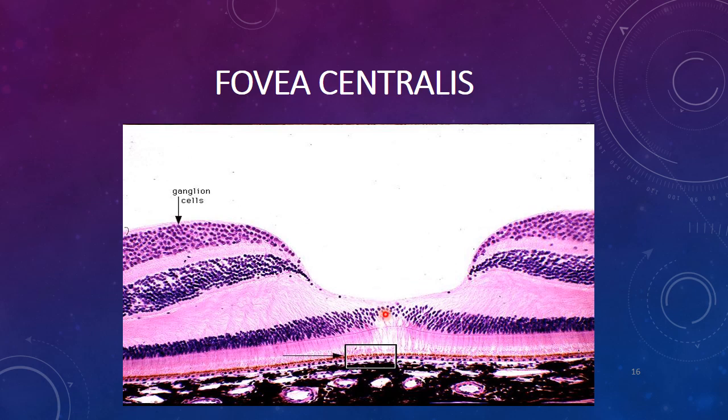So this is the area of very extremely precise visual acuity. In this area, you have maximum visual acuity. So that is fovea centralis. You can see histologically here, this is having the inner layers at the periphery and absent in the center of the area, having maximum visual acuity. And the more common photoreceptors present in this fovea centralis are the cone cells.